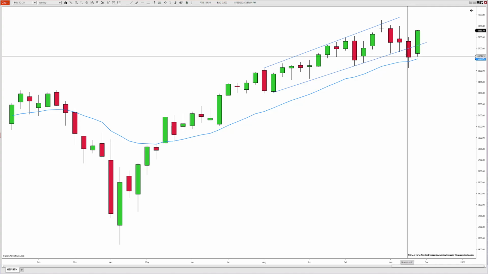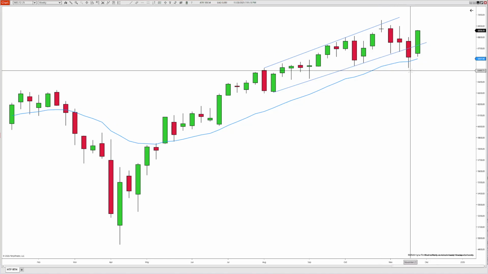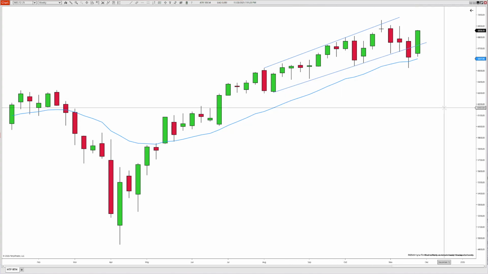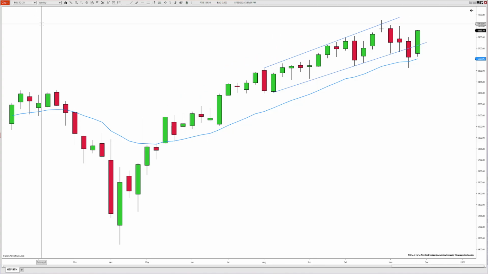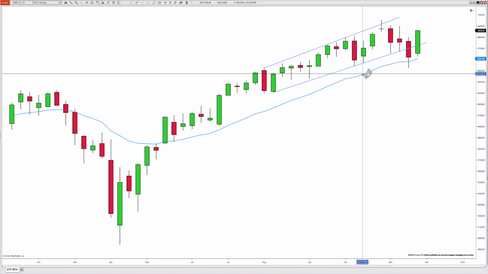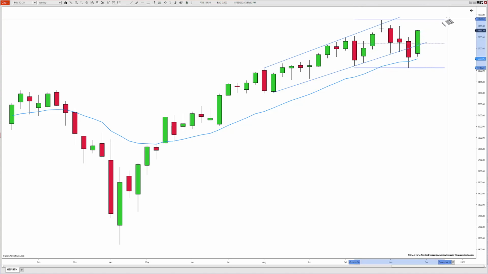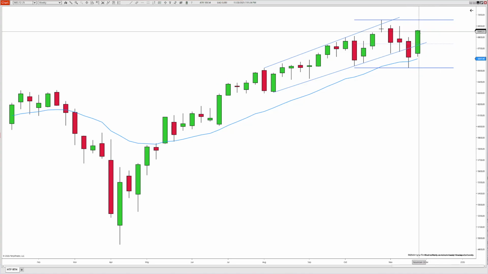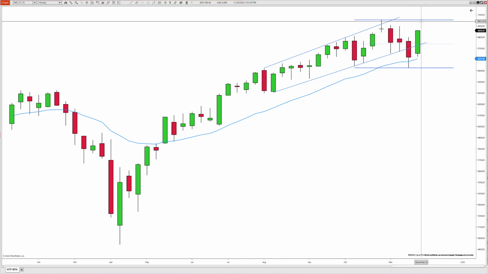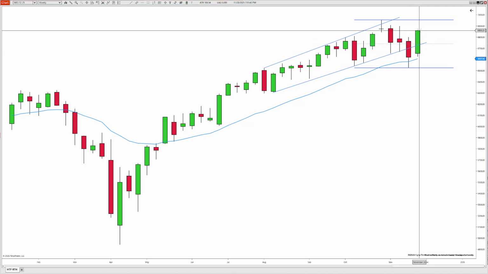So this isn't enough to make traders convinced that we are reversing. One thing is certain though, we are in a trading range as far as this is concerned. So we can say the range bottom is here and the top is here. So currently we are heading back to the top of the range, and we have one strong bull bar